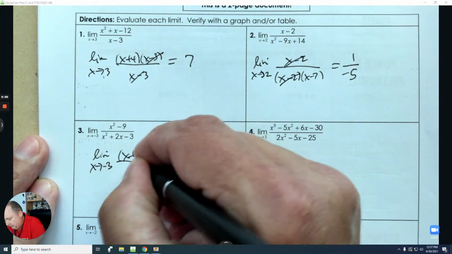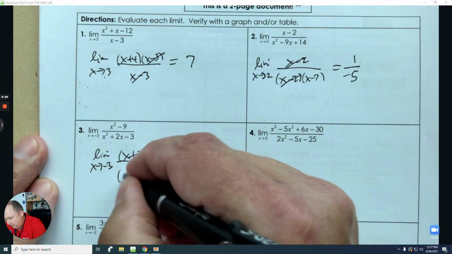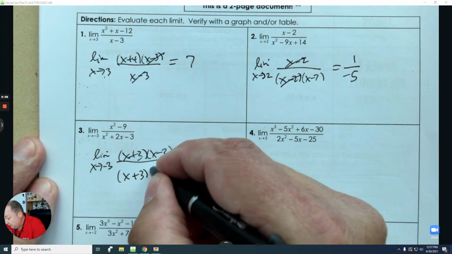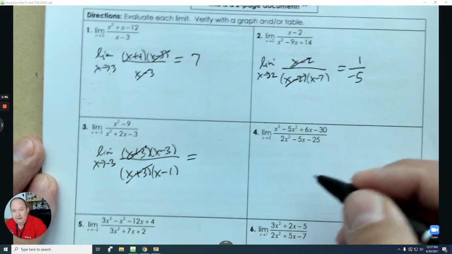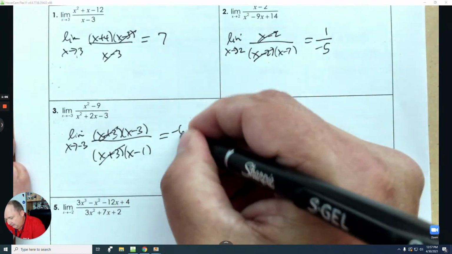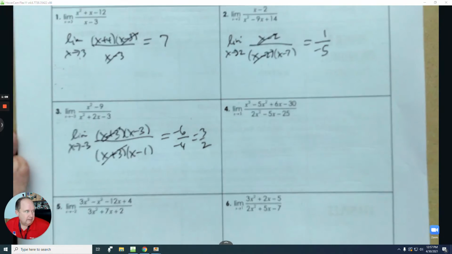So the numerator is a difference of squares. The denominator, the two numbers that multiply to -3 and add to +2: +3 and -1. Recognize the discontinuity is removed, plug in -3, and then you can reduce it down if you like. Number 4,